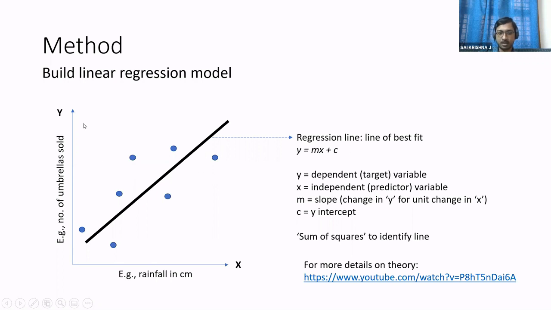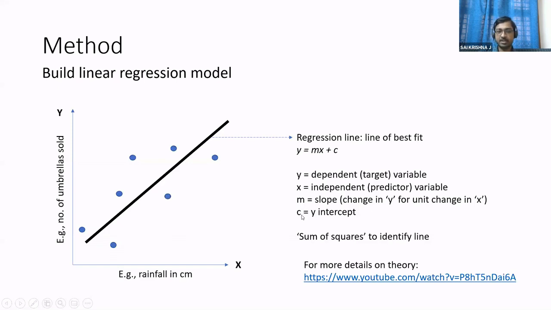Or if it is sloped in this form, so for example, let's say you just make a mirror image of this line, it will be like this. Okay, so that will have a negative slope, because for every increase in x, the y value will decrease. So the slope could be either positive or negative. In this case, it is positive. So why is it positive? Because we are saying if the rainfall increases, then people buy more umbrellas, so the number of umbrellas sold will also increase. So in this scenario, it is a positive slope.